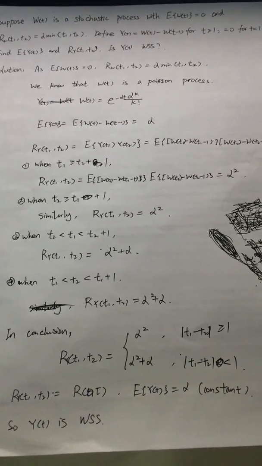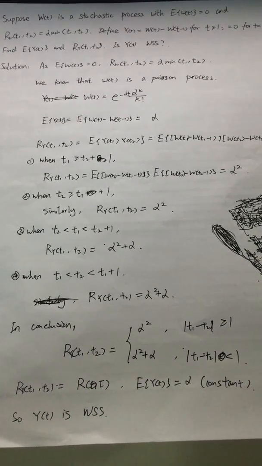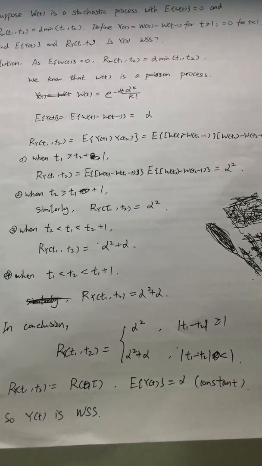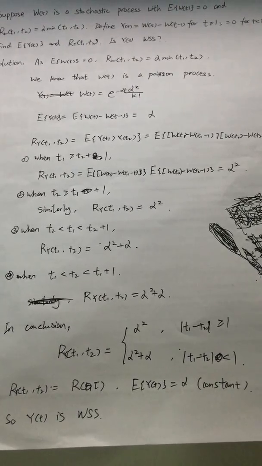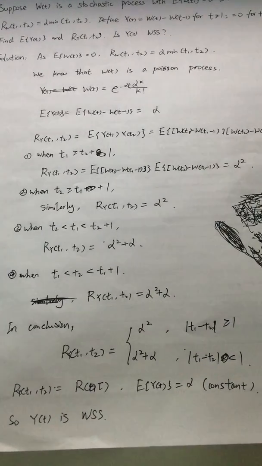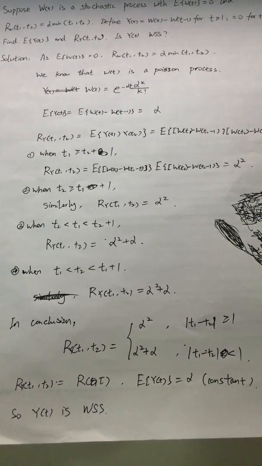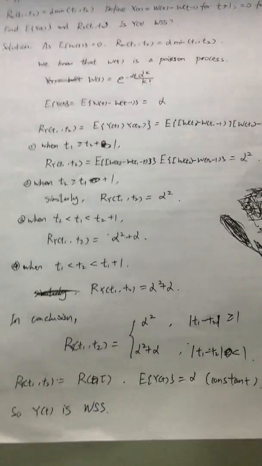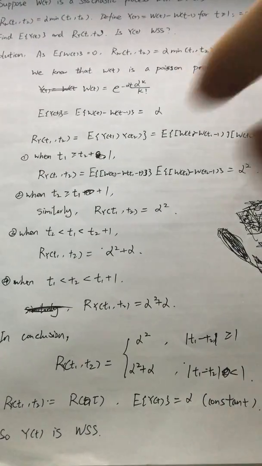Solution? From the condition, we can say that E[W(t)] = 0 and R_W(t1, t2) = alpha min(t1, t2). So we can get a conclusion that W(t) is a Poisson process. So we can write W(t) as this equation, and then we can easily find